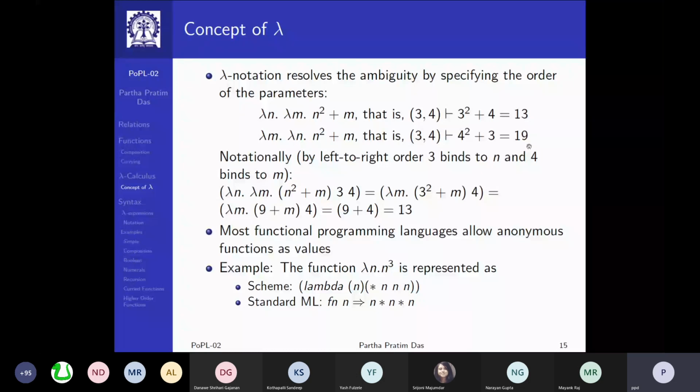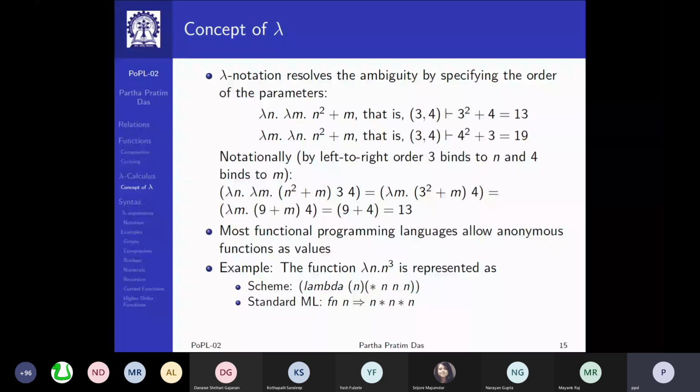So what it goes on to say is the order of the parameters is important for a lambda expression, and they will be applied whenever I apply this abstraction on another lambda. That will happen in the same order in which the lambda binding has been done in the abstraction. So